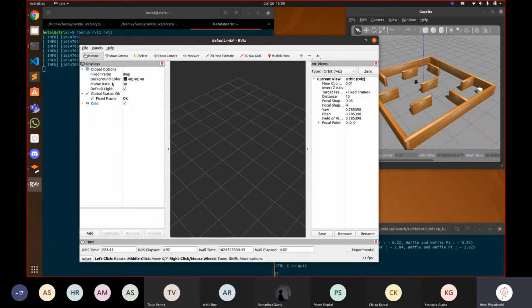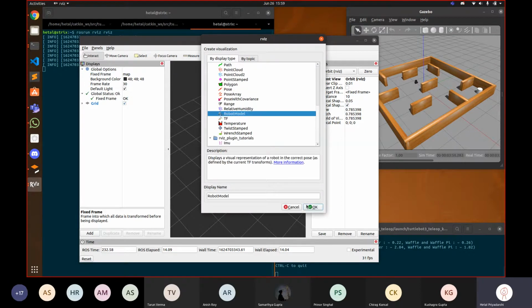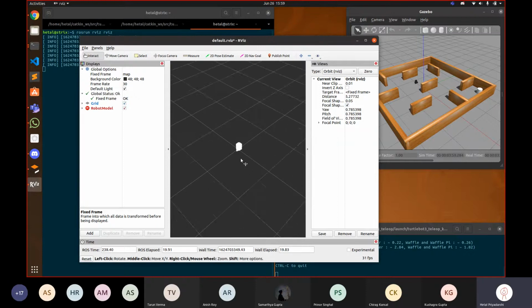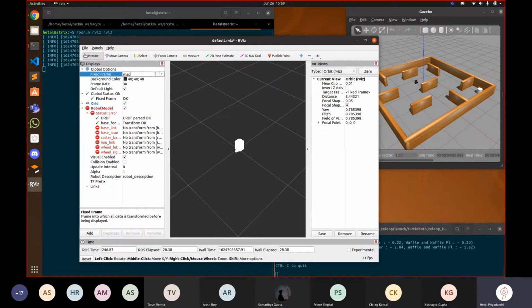I think first of all we have to set up the global frame, right? Map is all right. I'll add the robot model and add map also. What's this here? Fixed frame base link. There is nothing like a base link.